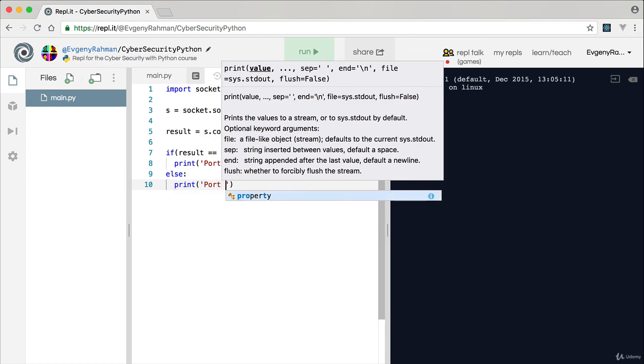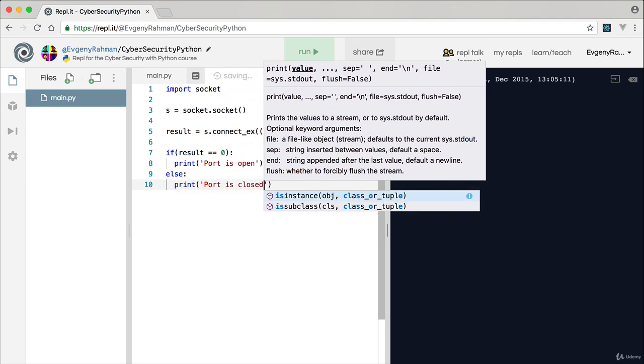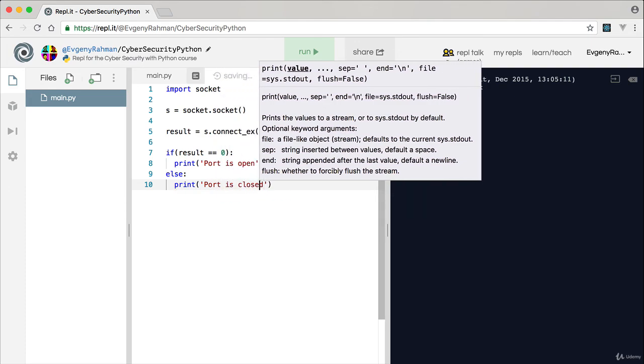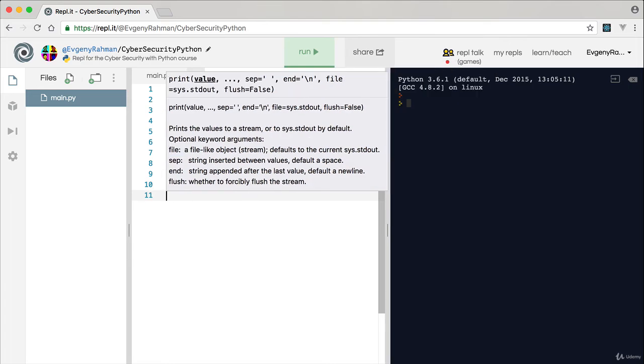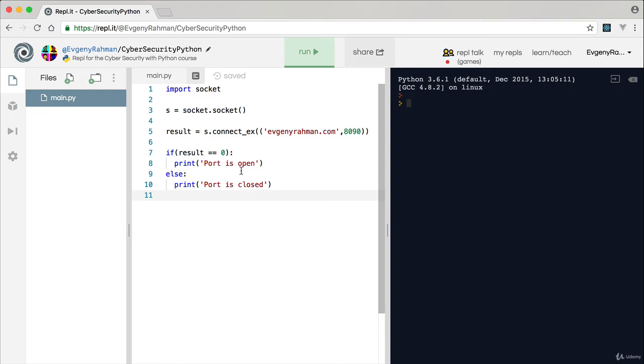That's an important one to remember if you're working on systems code or you're building systems level scripting, that 0 is very often an all clear. So here we go. If the result of the connection is 0, the port is open, else the port is closed. So then we run it, port is closed as expected, and we can try this with a few different ones. Port is closed,